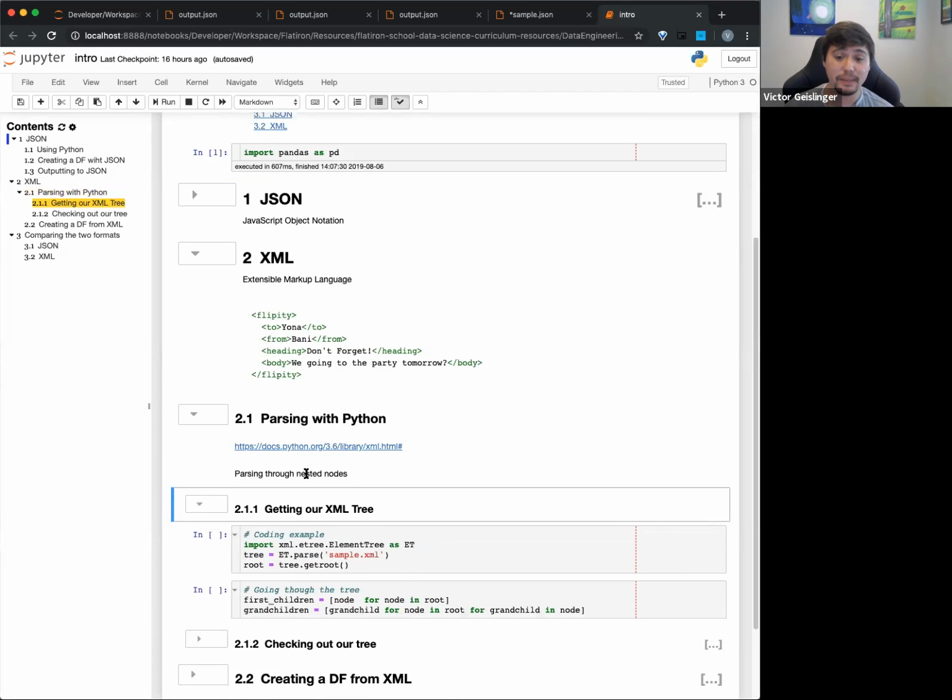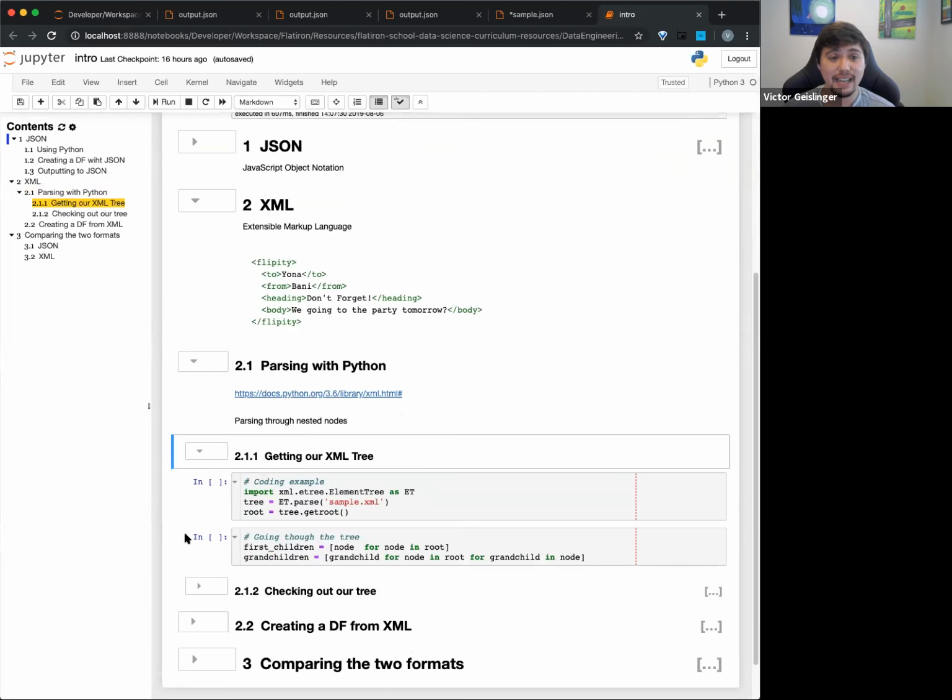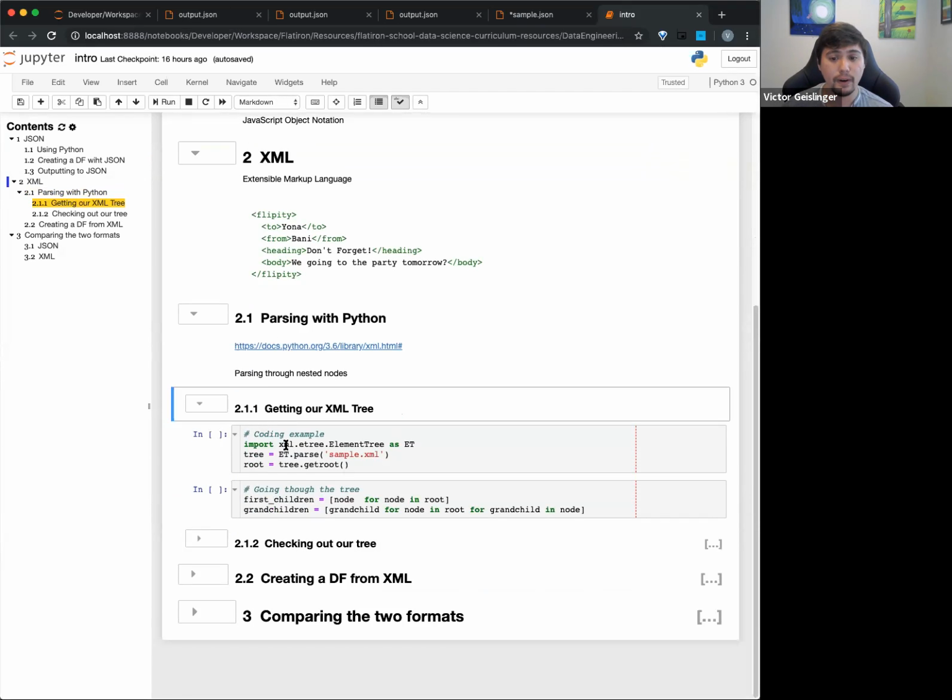Maybe some people find it pretty, but I don't really. So you can see here that instead of importing JSON, we import xml.etree.elementtree, and I'm calling it as et, so I don't have to write this whole thing out every single time. Basically it's this package called XML, and inside XML there's some extra parts, in this case